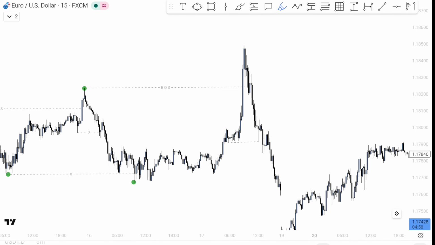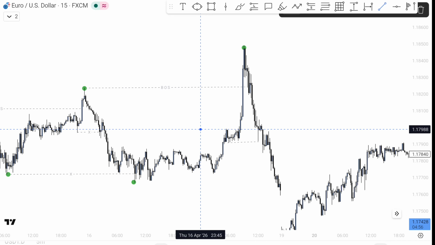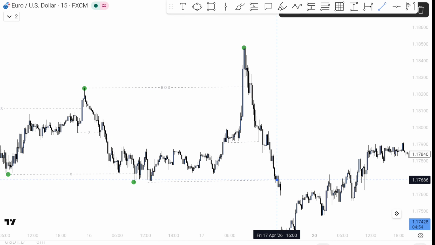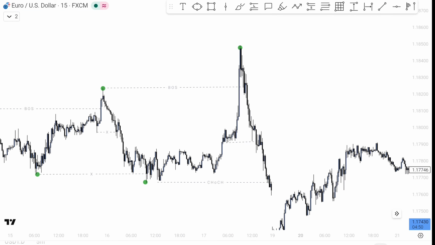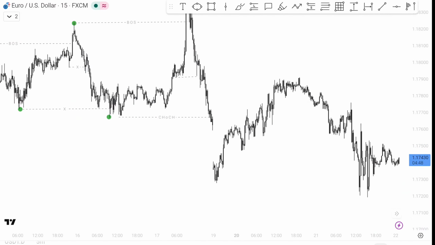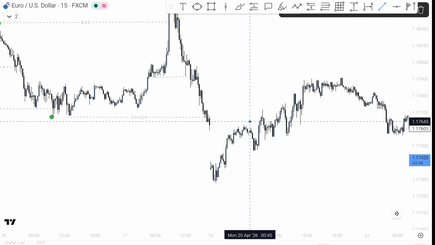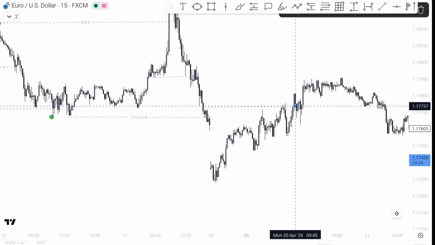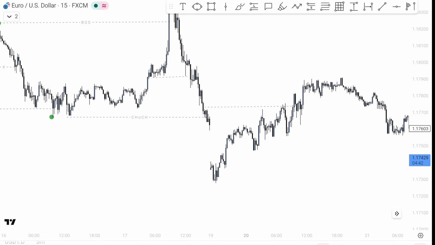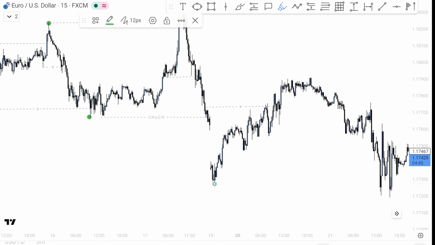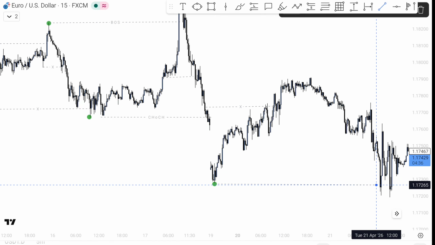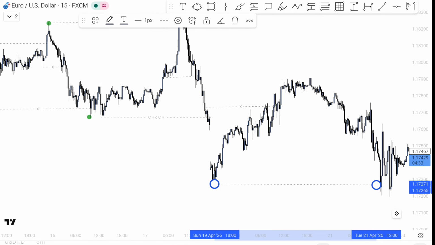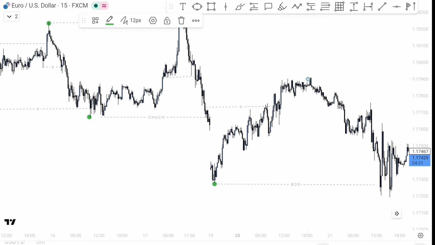This makes our high at this point, and again the close below the previous major higher low is the change of character. Now the market structure has shifted to the downside. From this point you can see that the market has again taken out the liquidity of the first pullback, which was at this point. This makes our lower low confirmation at this point, and when the market breaks below this lower low, which is at this point, this is the break of structure, and this point becomes our new lower high.